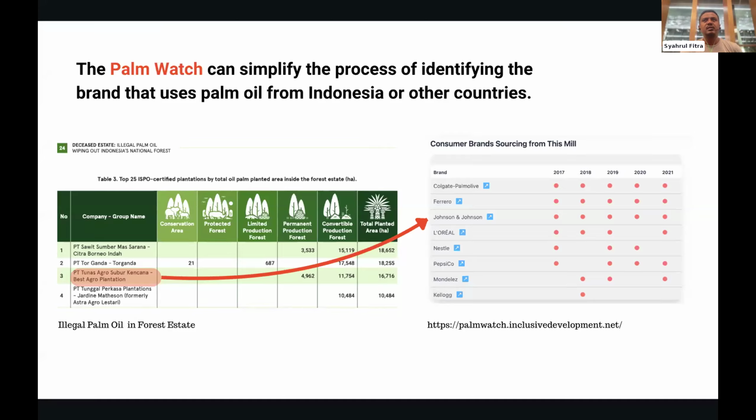It's something interesting with PalmWatch, and it will be helpful in the future for us as civil society in Indonesia to challenge these brands, because currently most of the advocacy in Indonesia addresses policy or the company's activity in the field, but sometimes targeting their brands will find the pressure point, or find how to push the company to shift their destructive activity in the field. Based on Greenpeace's experience before, we had a market campaign, and it had a lot of impact on the company's activities in the field.